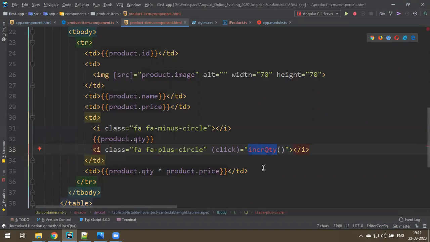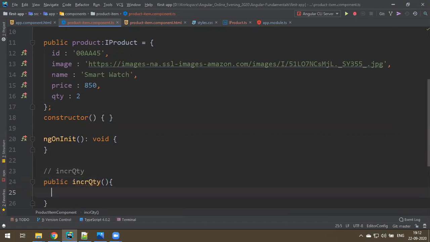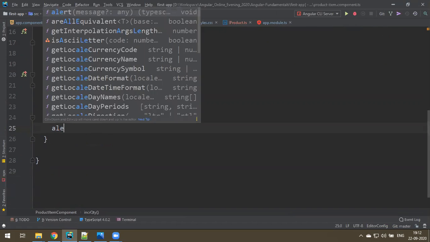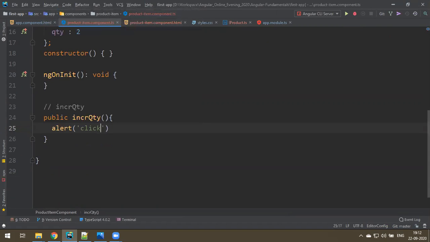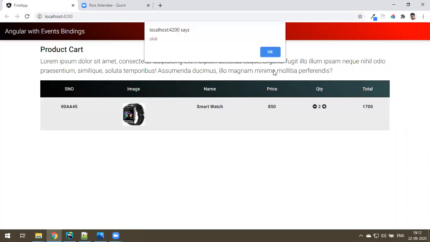Let me create this increaseQuantity method in the TS file. So public increaseQuantity. Here you can cross check, you can make some alert. When you click on the plus button, you get this alert. Let's check. Click on the button, you got it, fine.